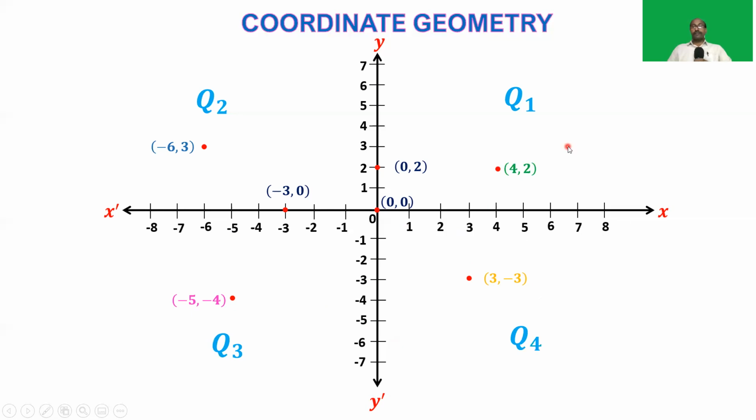And the coordinates of any point in first quadrant are both positive, and in second quadrant, first is negative and second one is positive, and third quadrant both are negative, and fourth quadrant first one is positive and second one is negative, like this. We can see examples in these points. Okay,